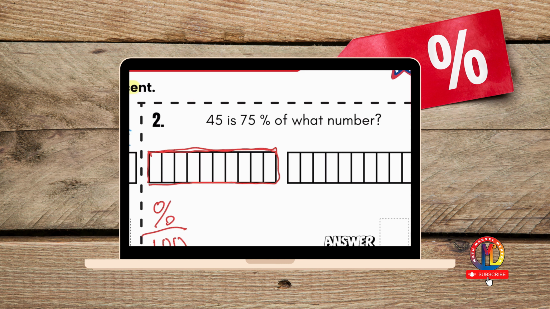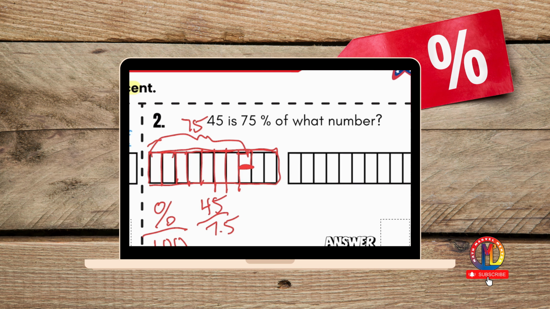So first let's get 75% here. So here's 10%, 20, 30, 40, 50, 60, 70, and then 5% is going to be half of this one. Okay, so what I have in red here is showing me 75%. And we know what that amount is. It's 45. Okay, and if I just divide it by 7.5, because we're saying each of these is representing 10, right? 10, 20, 30, 40, 50, 60, 70, 80, 90, 100, because we're talking about a percent, then I'm going to divide by